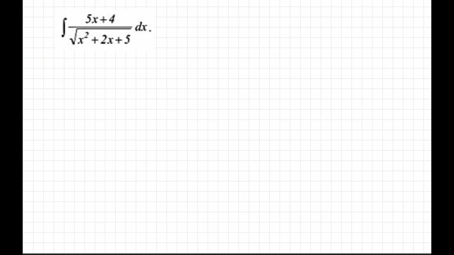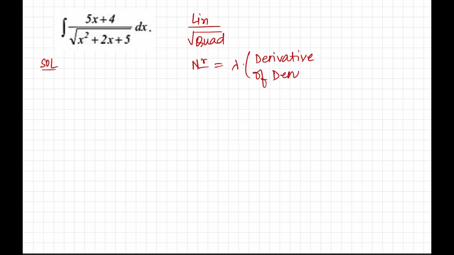So here our question is integral of 5x plus 4 upon under root of x square plus 2x plus 5. So this, my dear students, is of the form linear upon root quadratic. So in such cases, what do we do? We write the numerator in the following manner. So the numerator is written as lambda times derivative of denominator